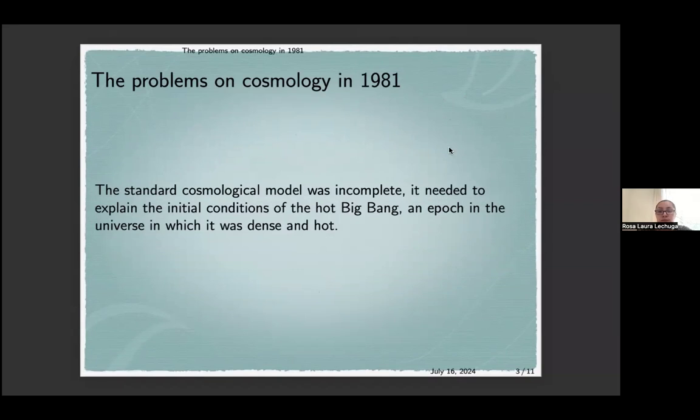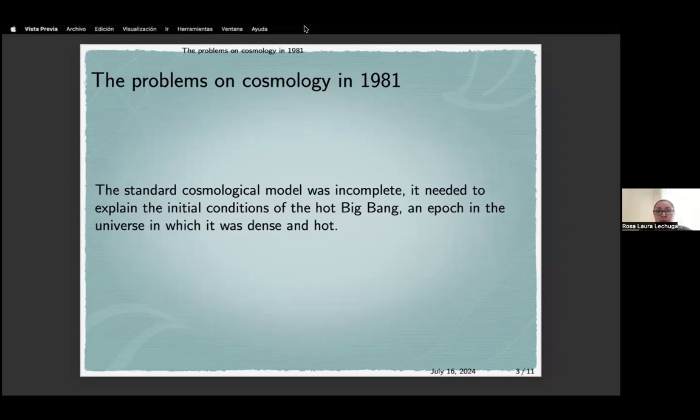Now, within this epoch, known as the Planck era, we still lack a theory of quantum gravity to explain what happened. Maybe it's even a problem to talk about a moment or about a region in that epoch, because it's not clear what happened. But now we have more knowledge about that,